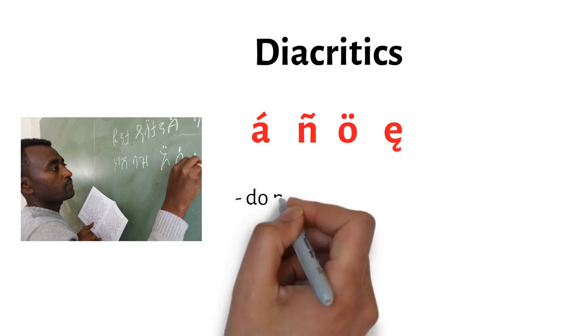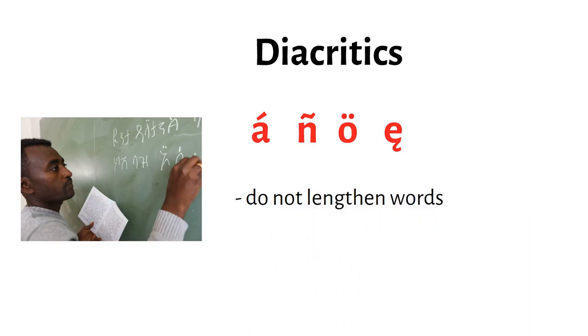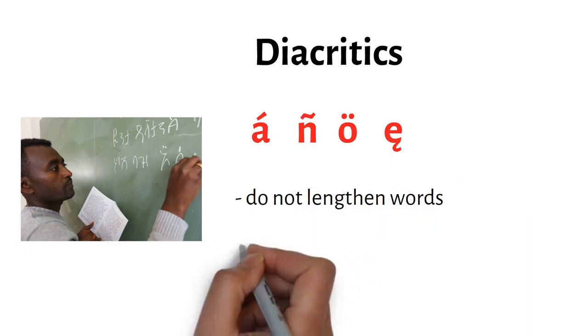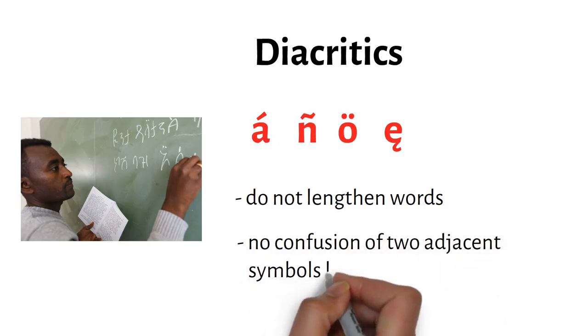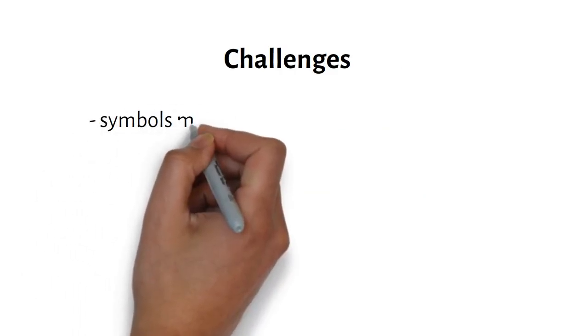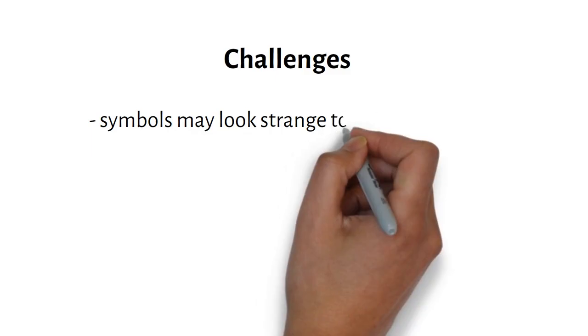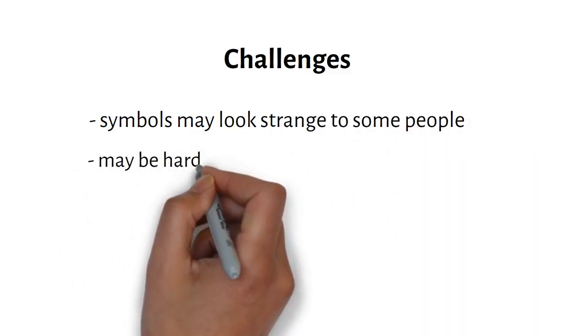Using diacritics avoids one problem of multigraphs since it does not lengthen words. It also avoids the problem of a multigraph getting confused with two adjacent single graphemes. However, it does add some symbols that may look strange to some people and may not be popular. Also,